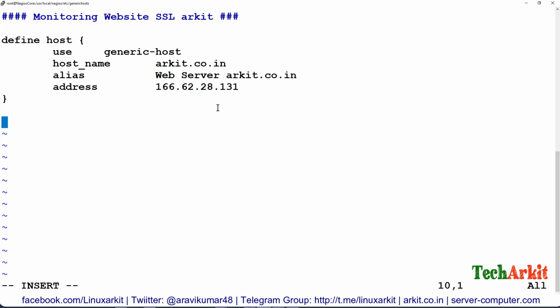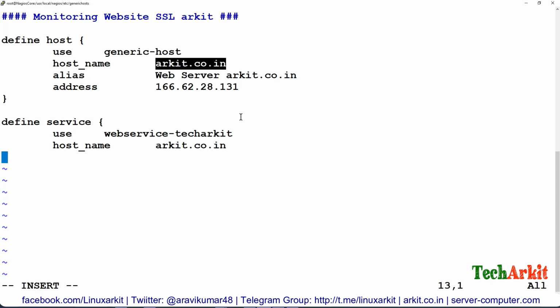In order to use this service, define service, and here use which template you would like to use. You can use web service, something like that, which we already have, web-service, and host name.